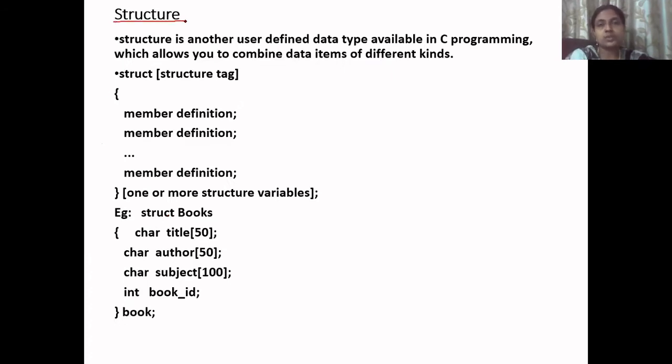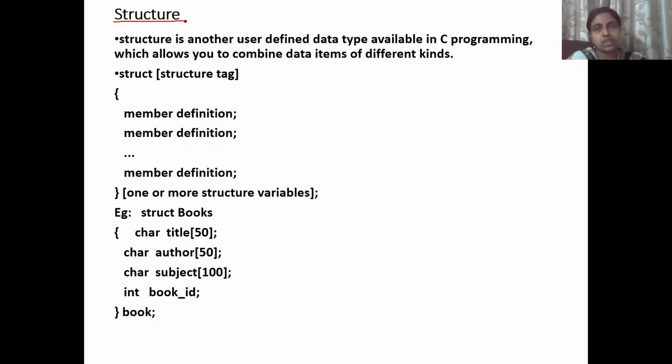The next concept which we use is structure. This is also not new to all of you. We have discussed the concept of structure. If you want to store different data items under a single name, then we prefer to use structures. An array stores similar data items, but when we want to store different data items, we prefer to use a structure. We use the structure concept because in a linked list, a node in a single linked list has two parts: one is the data part, another is the address part.